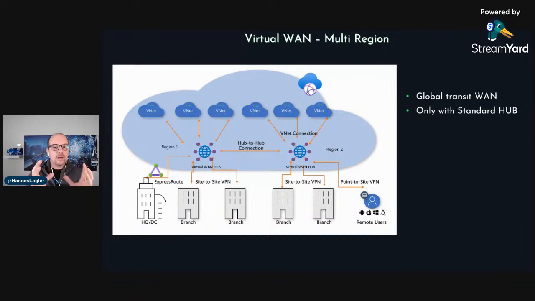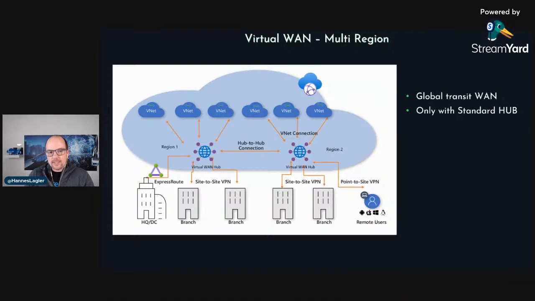So you have a centralized configuration for your two regions, for your different connections, for your network peerings, and so on. This configuration is only available for the vWAN Standard hub. This is also really important, but we will see in a few minutes the difference between Basic and Standard vWAN hub configurations.